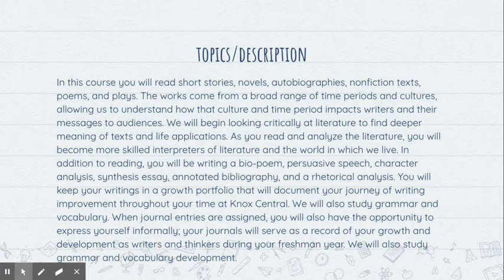This is a description of what students will learn in the course. In this course, you will read short stories, novels, autobiographies, nonfiction texts, poems, and plays. The works come from a broad range of time periods and cultures, allowing us to understand how that culture and time period impacts writers and their messages to audiences. We will begin looking critically at literature to find deeper meaning of text and life applications. As you read and analyze the literature, you will become more skilled interpreters of literature and the world in which